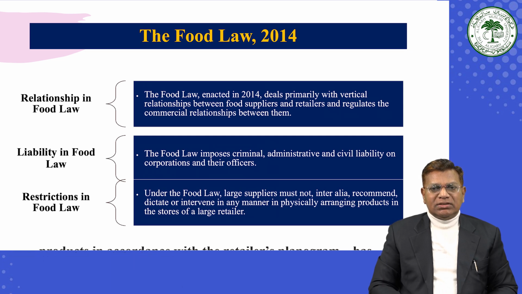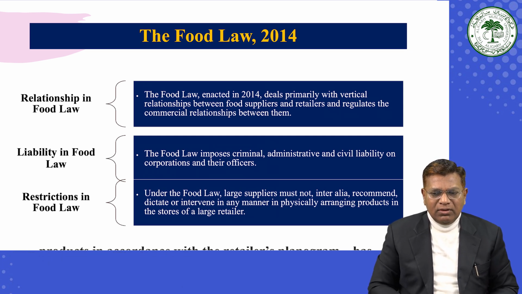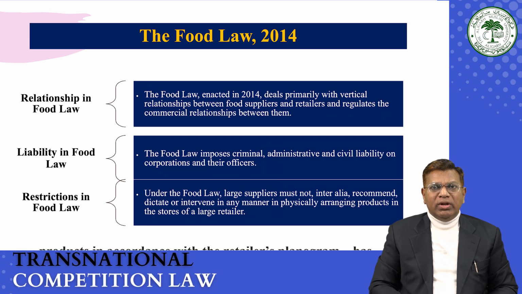And as we see, this law primarily deals with the vertical relationship between the food supplier and the retailer, and it regulates the commercial relationship between them. The food law of 2014 also imposes criminal, administrative, and civil liabilities on the corporation. So it is very interesting to see that the competitive regime in the food law and the market is being administered through criminal, administrative, and civil liability. A mixture of all kinds of liabilities was imposed to bring all the violators in the food industries